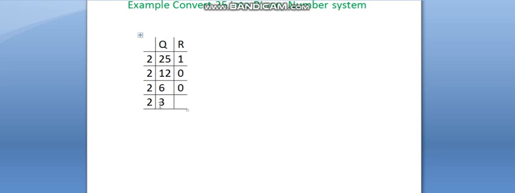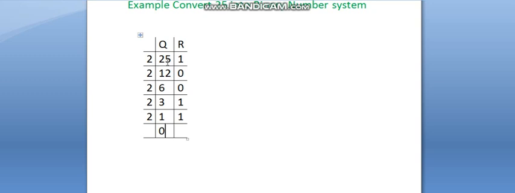Now again divide by 2. 3 को 2 से हम डिवाइड करेंगे. 3 is your odd number. यहाँ रिमाइंडर क्या आएगा आपका? 1 and quotient is also 1 because you are going to write 2 1s are 2 and the remainder is 1. Now 1 is remaining. Again divide by 2. 1 is divisible by 2? No. So what will be the remainder? 1. And what will be the quotient? 0. And what we have to do? We have to repeat this step till your quotient becomes 0. So now our quotient is 0.